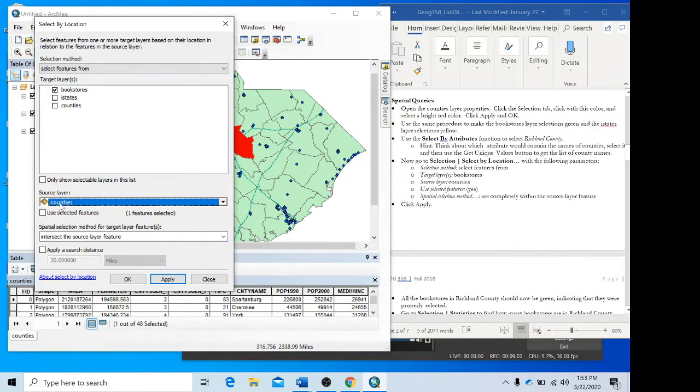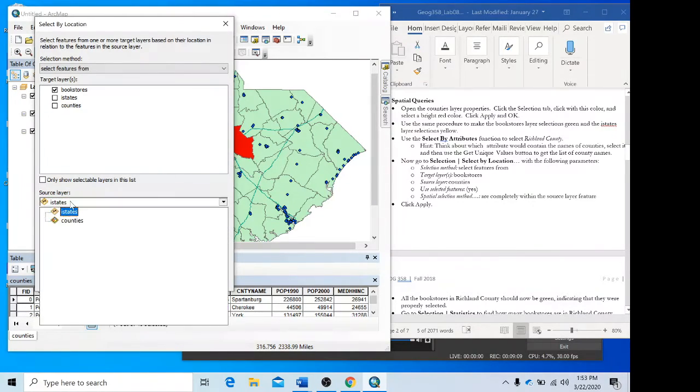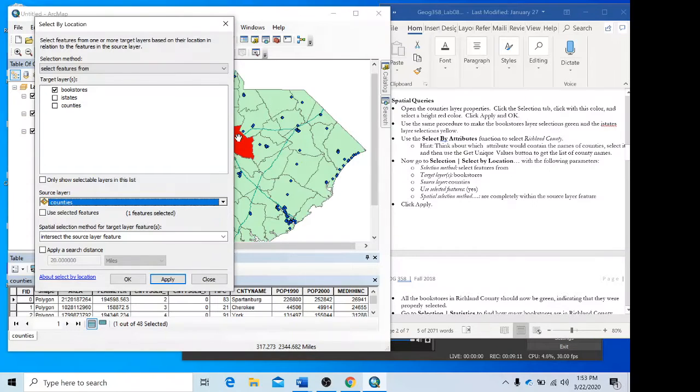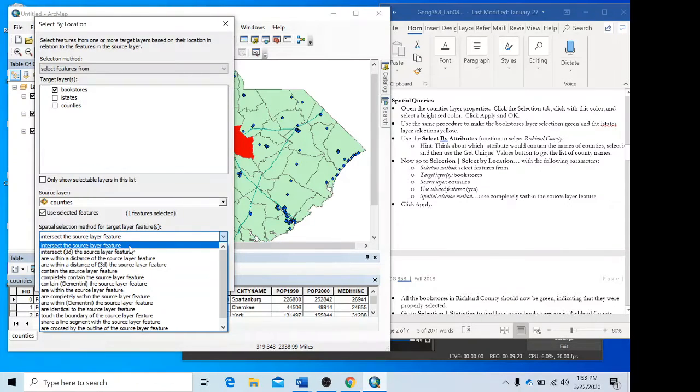And so you can see here that this is grayed out, that's because we don't have any interstates selected. But we're going to use counties, and we do have our counties selected. So we will click Use Selected Features. So it's only going to use that Richland County to select bookstores. And what we want is that they are completely within